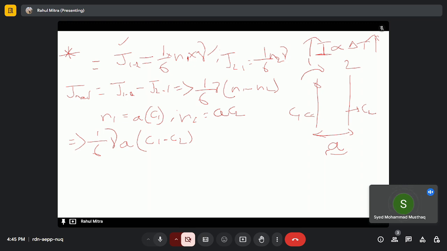That means the system has attained equilibrium, and the system doesn't need to migrate atoms from one place to another place, and diffusion happens mainly because of the concentration gradient. Again, that is a crude way to define diffusion, but mainly diffusion happens because of the gradient